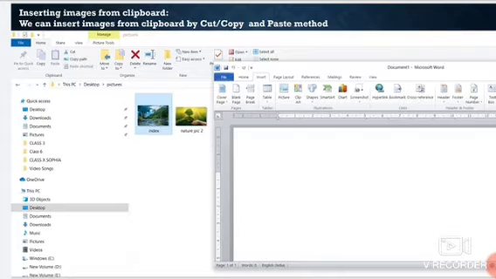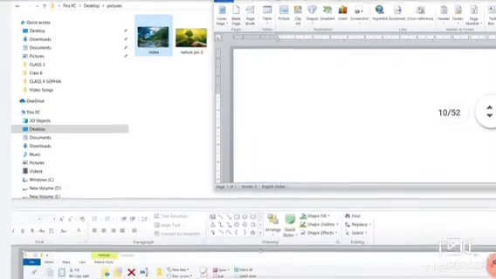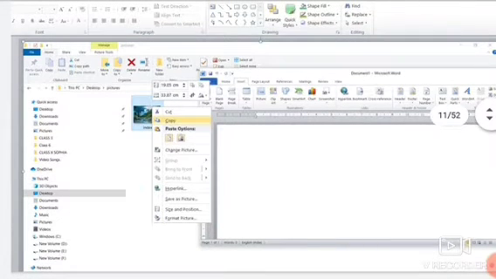So that's showing here. And after it, we want to make a copy of the first picture and paste it in the Microsoft Word document. So both the windows you can open together, or you can switch one by one also. Select the picture which you want to copy. Right click on the picture. A small pop-up menu will appear.